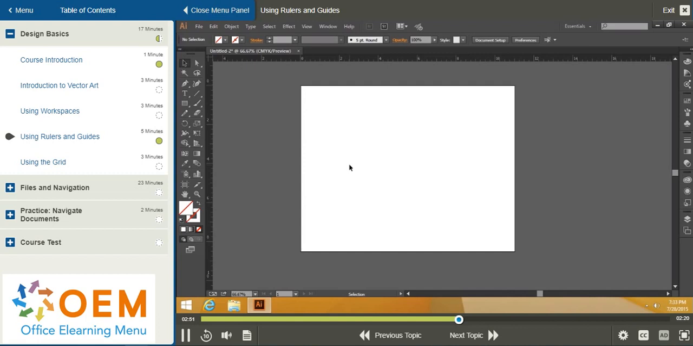Now, the other way to use rulers is to create guides. Guides are just a way of creating a line on the page. I'll go ahead and click and drag on the horizontal ruler. So clicking the mouse